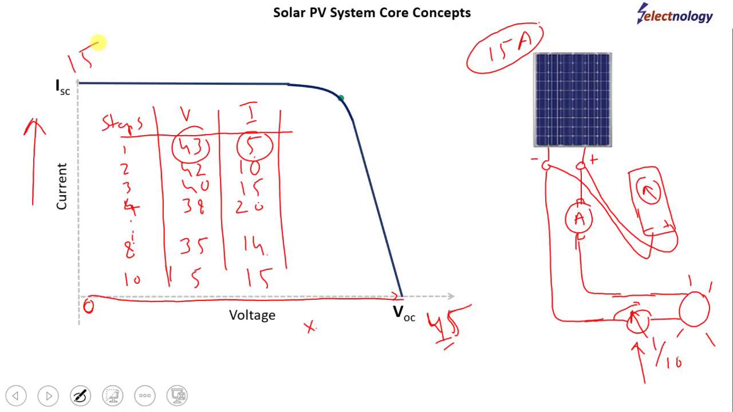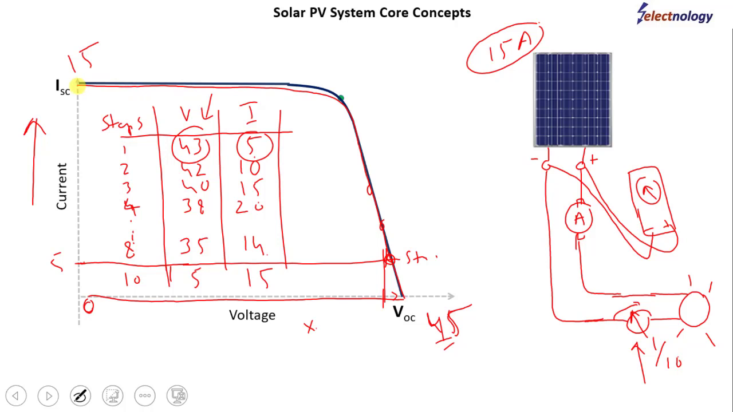Now if we draw a graph between voltage and current to show the relationship between them, at step 1, 43 volts is approximately here, and the current is 5 amperes. From the y-axis, probably this is 5 amperes, so this will cross approximately here. So this is step 1. Similarly, we will draw points for the other steps. So the graph will look like this one,